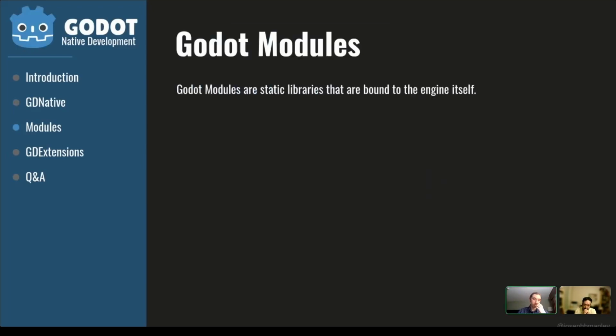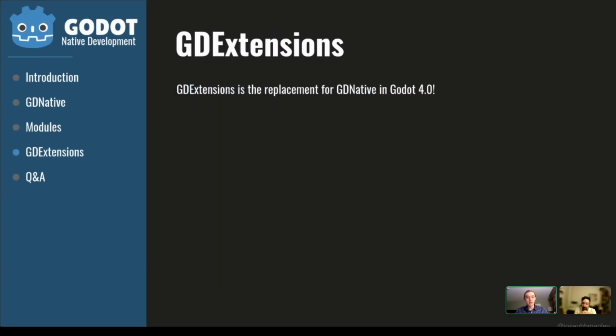So Godot modules, they're static libraries that are bound to the engine itself. I'm not going to go into it a ton here because it's a completely different beast. And generally, I think the major purpose for doing this is if you're making very core changes that have to be at the engine level. For most game development, I think that GDNative and GD extensions do what's needed well. And then obviously we have GD extensions, which is the replacement for 4.0. For the most part, it's very, very, very similar, just with a lot of improvements, as we'll get into here